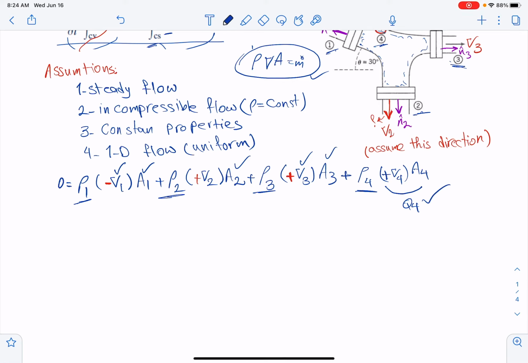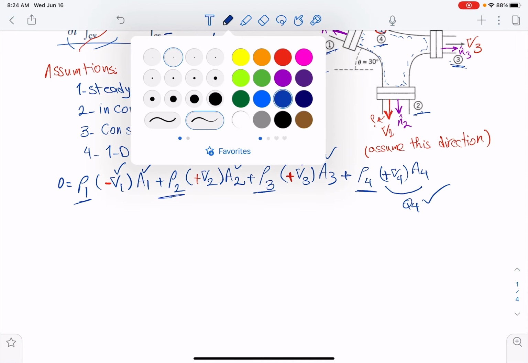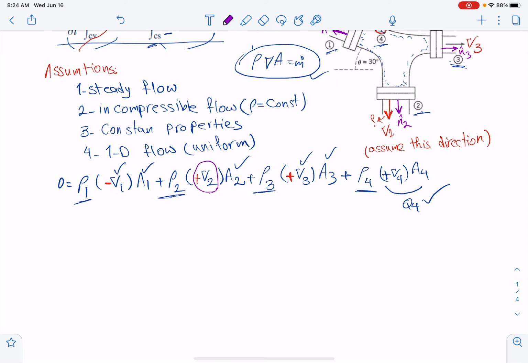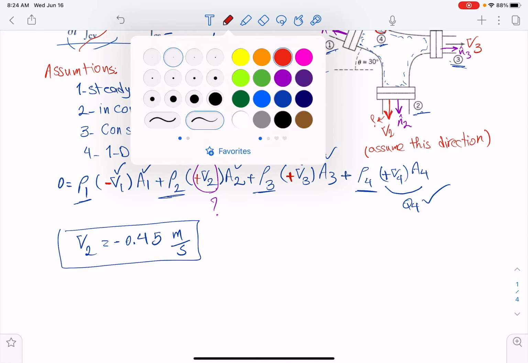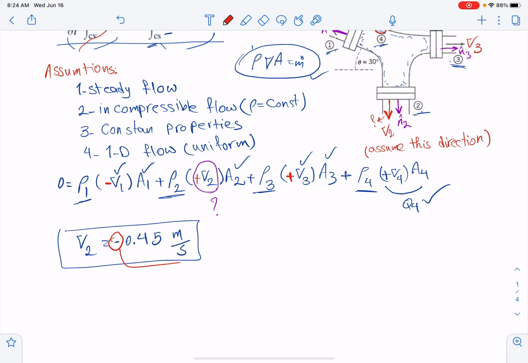So it means that we can solve for v2 right here, because we don't know it. If we put all of the values there, we can get v2 is equal to minus 0.45 meter per second, and this is the velocity. And if you remember, I said that if we get the minus sign, it means that our assumption right here is wrong. The direction of velocity is wrong, and it means that